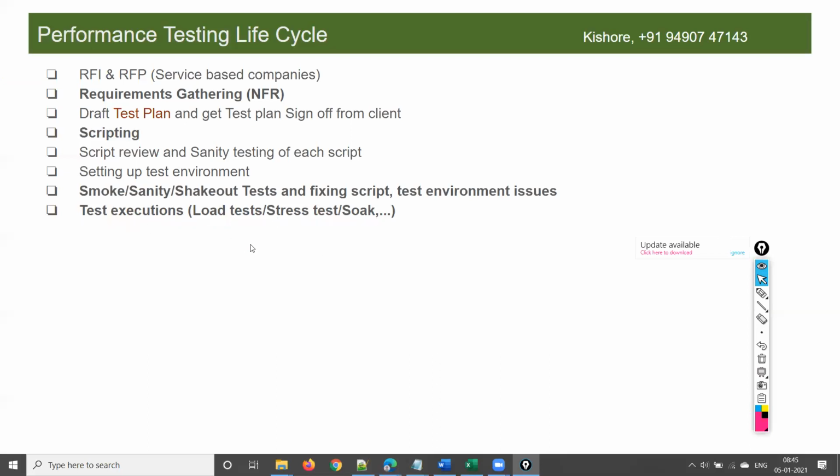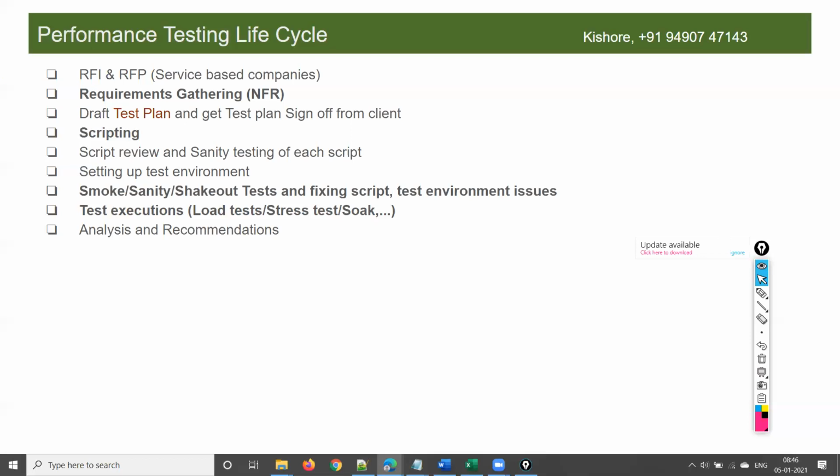Next, once we are done with the test executions, we have to analyze the test results and provide recommendations. Say, for example, you identified some performance issues. After half an hour into the test, you saw response times going high, or a high number of errors, or your application stopped responding.